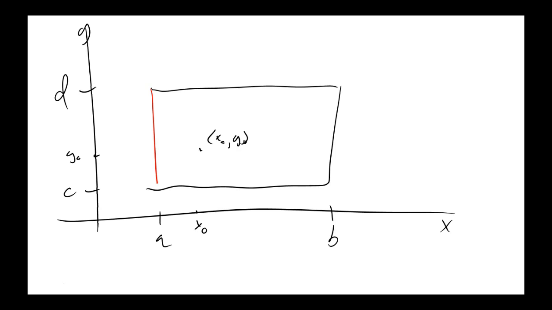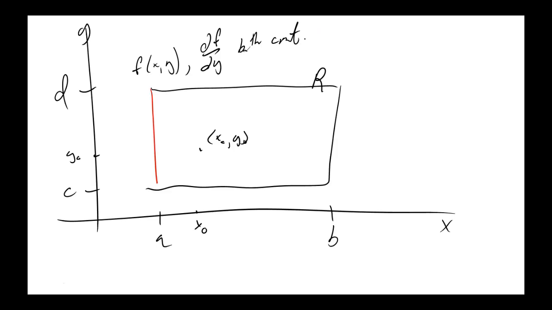So if f of x, y and the partial of f with respect to y are continuous on R, this, by the way, is the region R. So if both the function f of x, y and the partial of f with respect to y are both continuous, not necessarily smooth, but at least continuous,